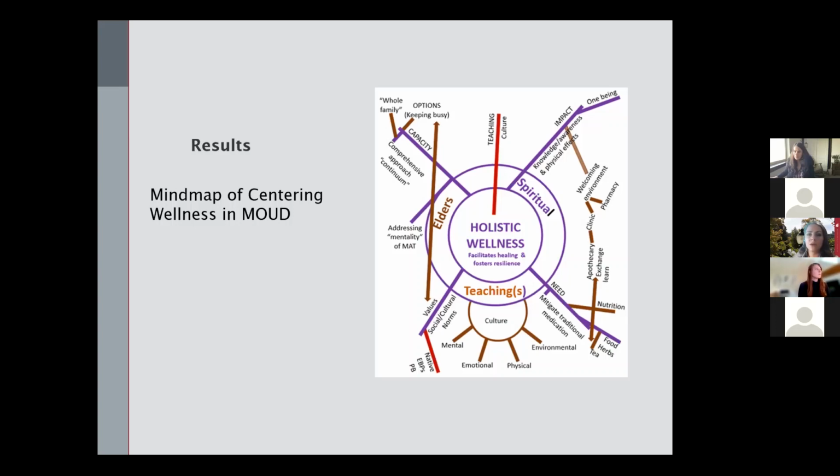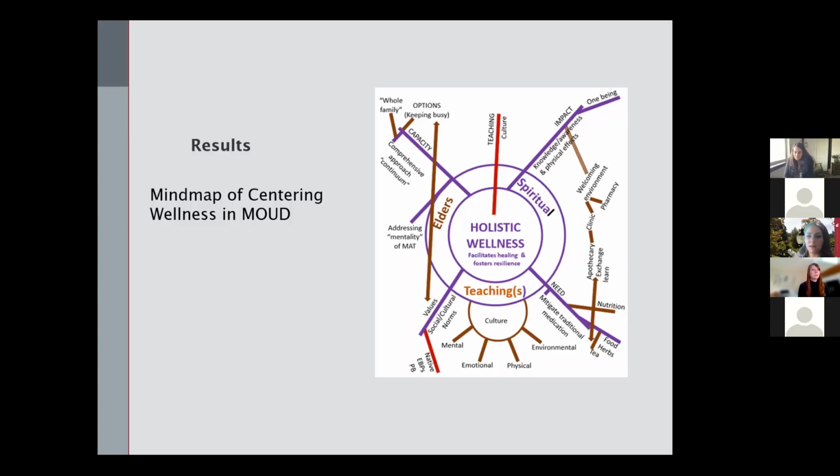And so we have spiritual teachings, cultural values, the needs for all of that, to include food sovereignty, the teas and herbs and all of that, elders. Some of the similarities and differences between the centering holistic wellness on the next slide: the holistic wellness emphasized more of the importance of family involvement and elders,